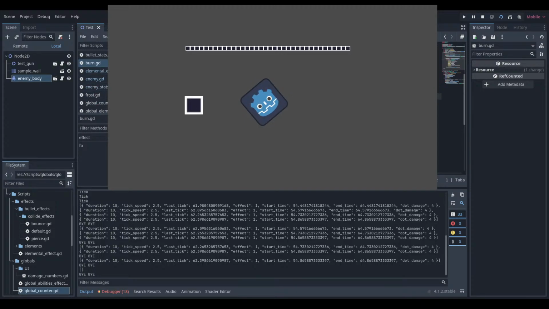It's checking if the burn effect is in the applied effects, but we're applying a whole dictionary which includes the burn effect, which isn't proper. We need to do a